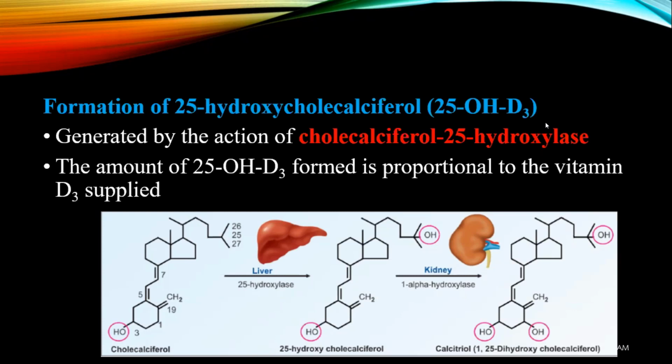So DBP binds both cholecalciferol, and this vitamin D binding protein is also able to bind 25 hydroxy cholecalciferol. So this 25 hydroxy cholecalciferol after formation in the liver, in the circulation binds with the vitamin D binding protein. It forms a complex with the vitamin D binding protein,